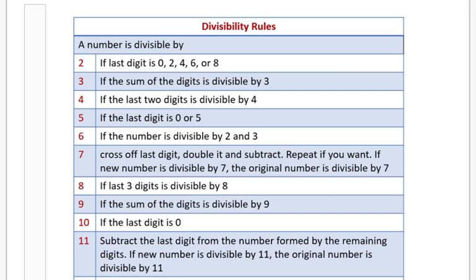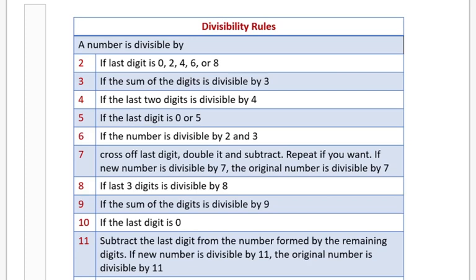Okay, how can we check it? 345, just see, 3 added with 4 added with 5 is equal to what? Because 3 plus 4 is 7, 7 plus 5 is 12. This 12 is directly divided by 3, completely divisible by 3. This is 4 times. It means that 345 is divisible by 3. Okay, this is our way to check if the number is divisible by 2, 3, 4, 5, 6 and 7. This is our given condition.